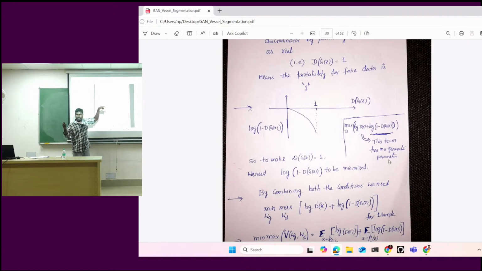The loss from the discriminator, loss for the generator. If you combine them, then the problem becomes, right, a minimax problem. You heard about the minimax problem? Yeah. So the problem becomes a minimax problem. If you try to solve this problem,